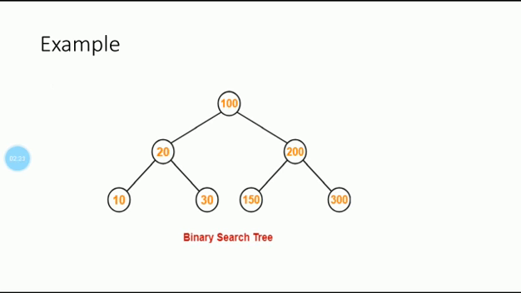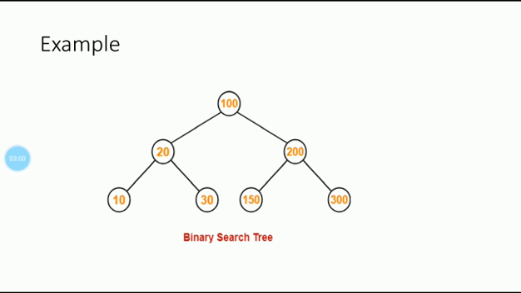That is the pre-order traversal. Now the in-order traversal for this binary search tree. The notation for the in-order traversal is left, root, right. For this binary search tree, the left is one subtree. So before going to the complete in-order traversal on the full binary search tree, we have to perform the in-order traversal on this left subtree. The left subtree is 20, 10, 30. The in-order traversal is 10, 20, 30.